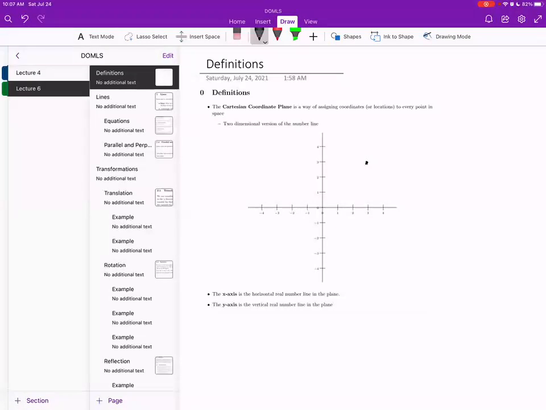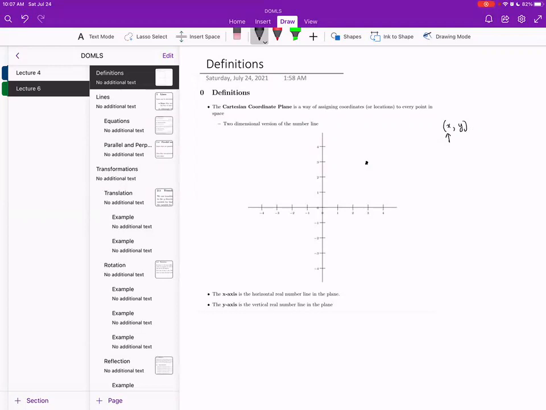This coordinate looks like this: we draw parentheses, and then we have an x and a y, and then closing parentheses, and that represents a coordinate. This first number in the parentheses represents the number it corresponds to on the